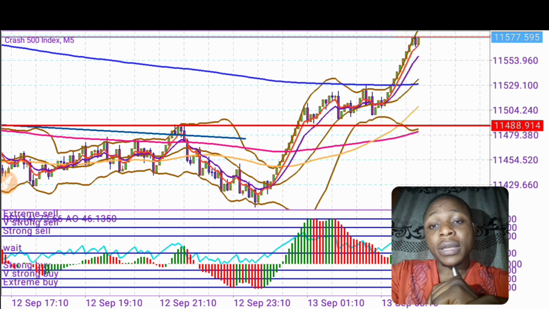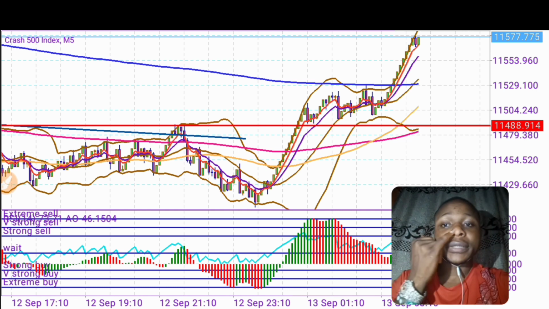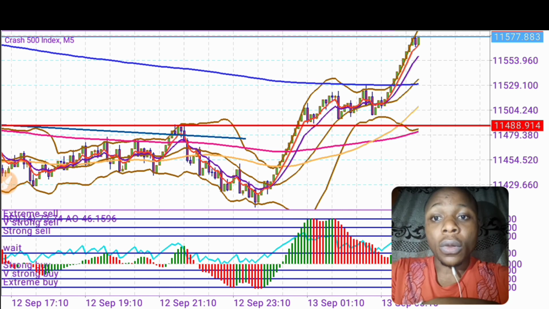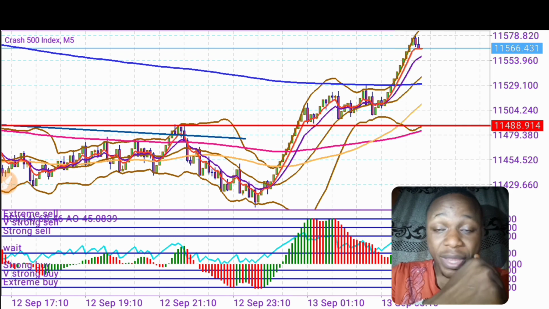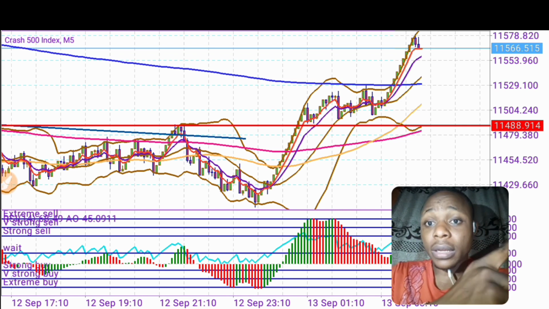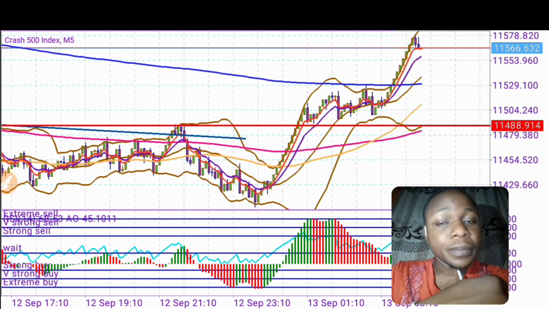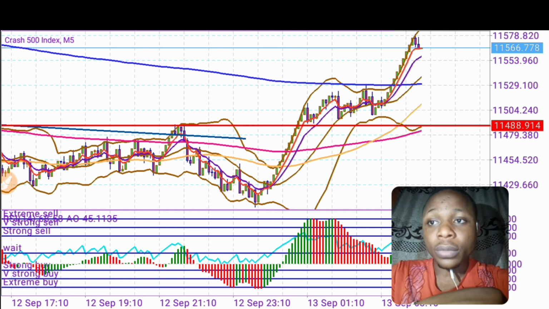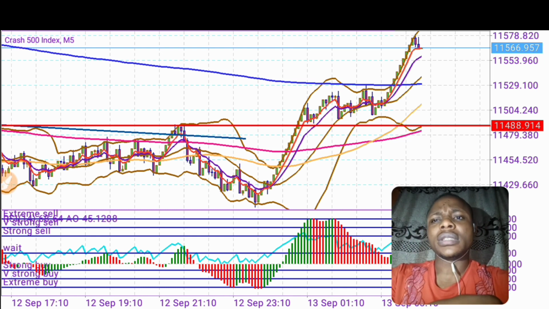Big spikes normally occur when crash is on a downtrend. Wow. When crash is on a downtrend, big spikes do occur. When boom is on an uptrend, boom spikes up. So when it's on an uptrend, it gives a big spike. It gives big spikes. And also when crash is ranging, maybe on a smaller time frame,